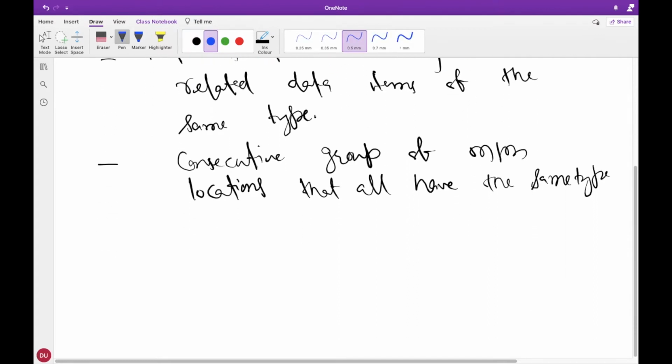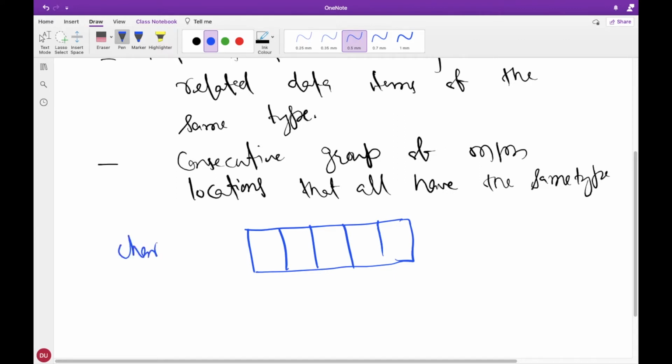So if you talk about the memory, you can denote an array like this, and depending on the type, its addresses will be defined. Let us suppose it's a character array. So each element is of 1 byte, and suppose you are starting with an address of 100. So its addresses should be 101, 102, 103, 104, and so on. So this means that it is a consecutive group of memory locations, right? Or you can say that it is a contiguous group of memory locations.